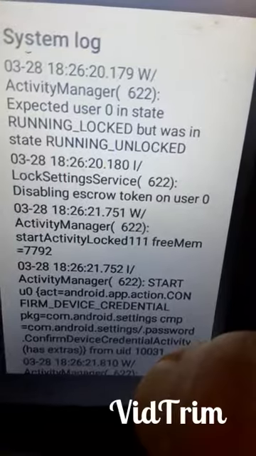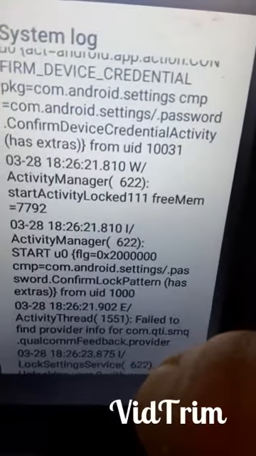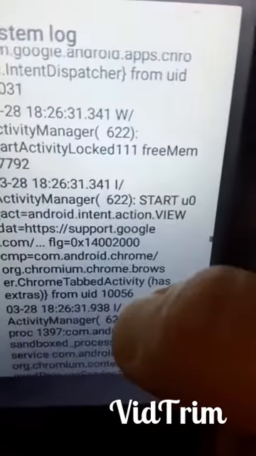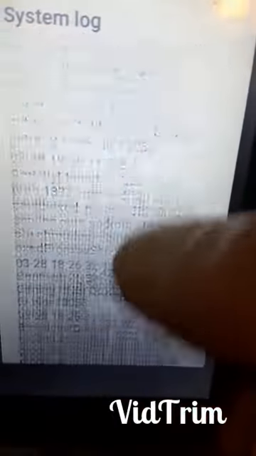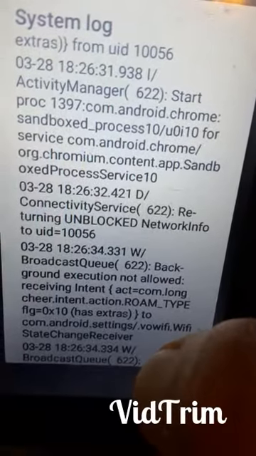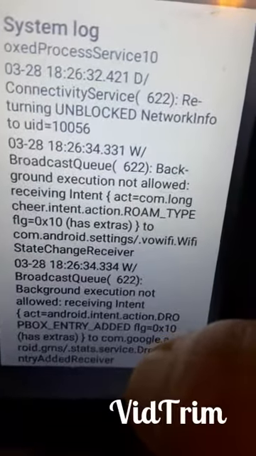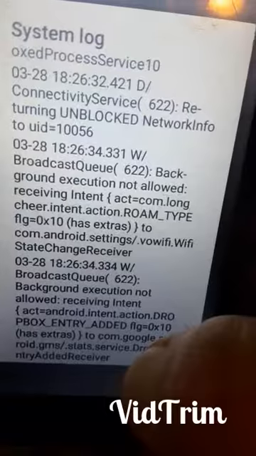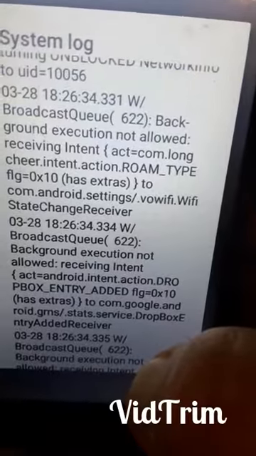Running locked but was in state running unlocked. Okay. So, Chrome tab browser tabbed activity. Here we go. Chromium.content sandbox provided service. Returning unblocked network info to UID equals. Oh, returning unblocked network info, okay. And then roaming to